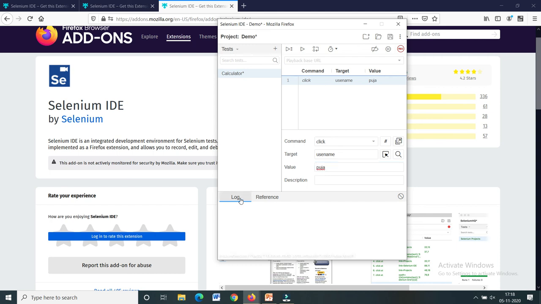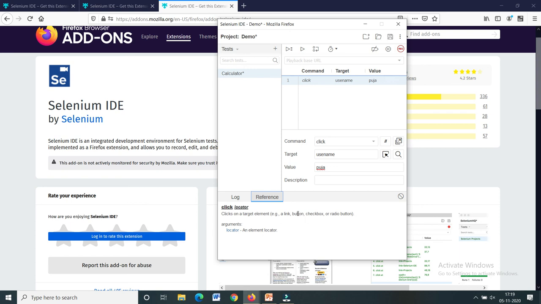Next one is the log pane, which will display all the runtime messages during the execution. It provides real-time updates on what Selenium IDE is doing. So here you will get all the messages, all the logs. Next one is the reference. In the reference pane, you see all the description related to your selected command.